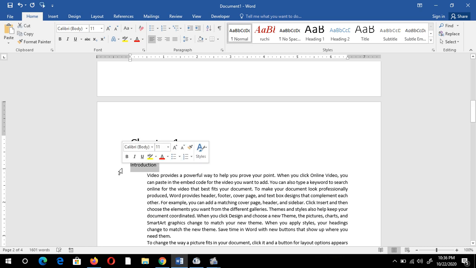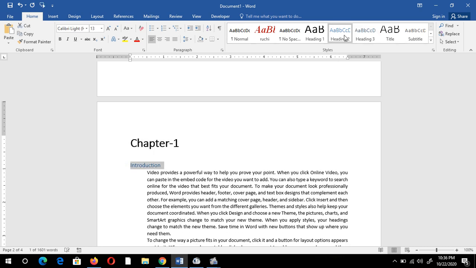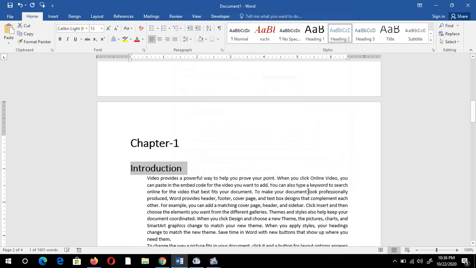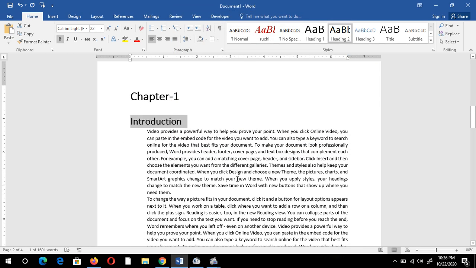I want it to be Heading 2, under chapter 1. So I need to modify this again. I'm changing the formatting actually. You can see this is under Heading 2.